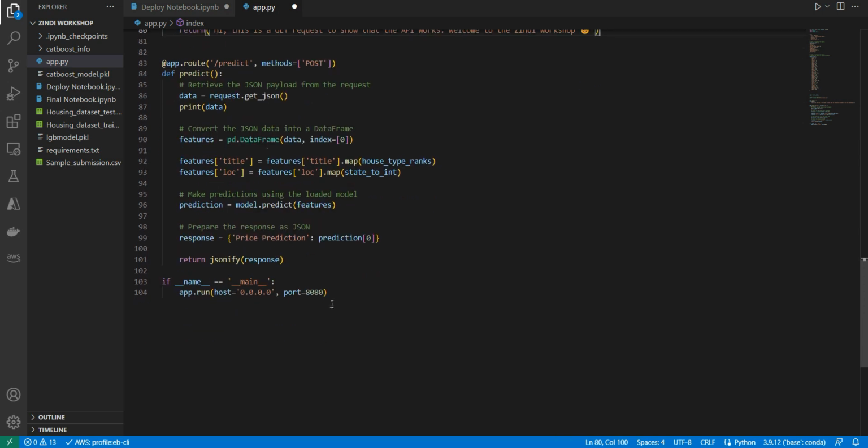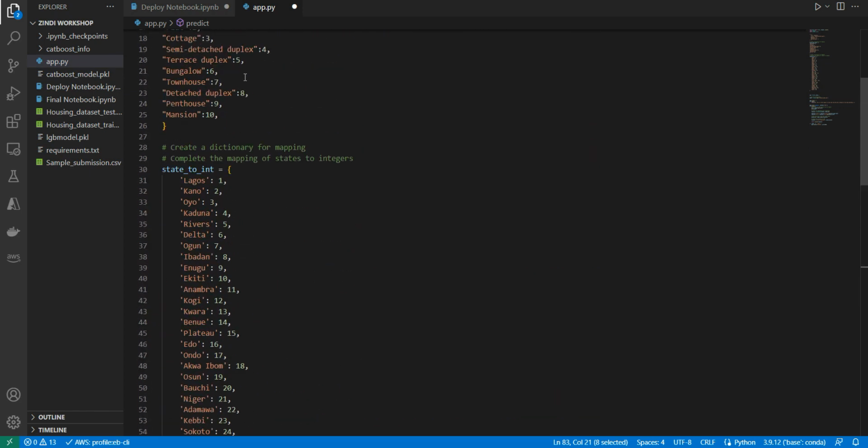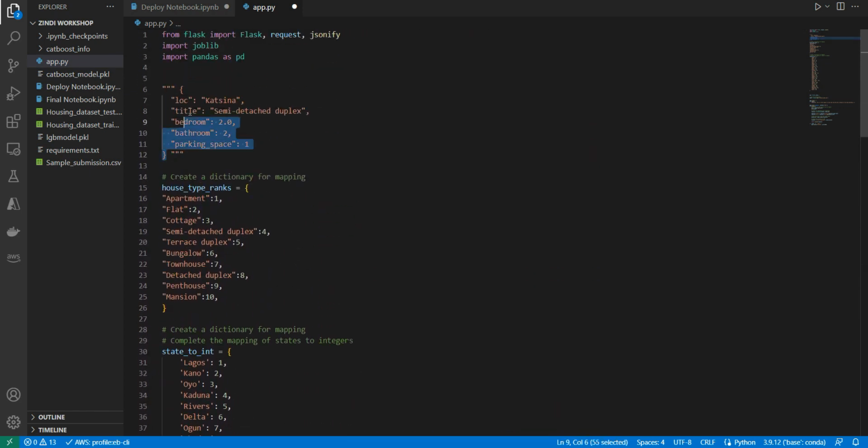Yeah, so this is the code. This is the main code. The endpoint is called slash predict, and essentially this is where you make your predictions. So it means that the client would have to post. You can see the request is called post, right? Because it's actually sending something to the server. So the client makes a post request to this endpoint, and of course, it sends this JSON file, or this JSON